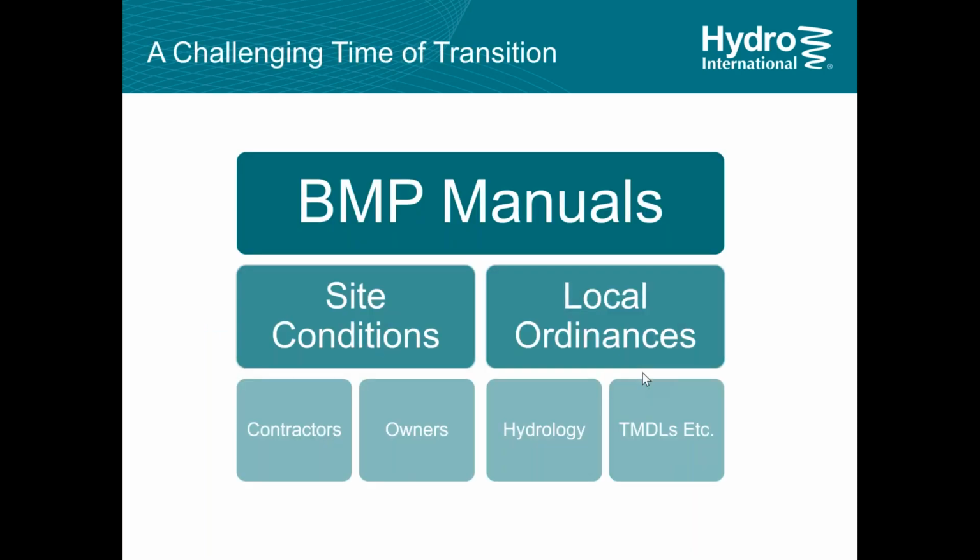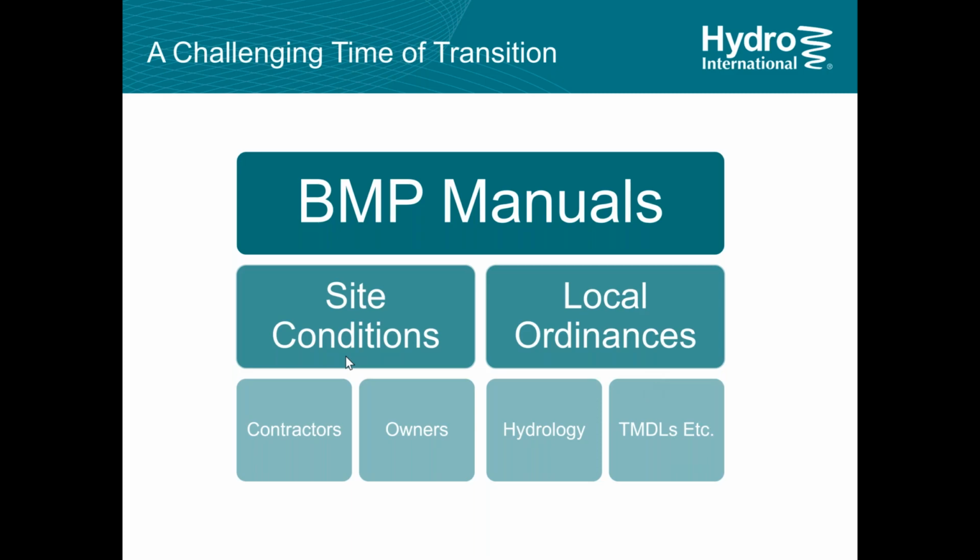You know, this is a real funny time of transition for stormwater designers. You've got these BMP manuals at the top, all starting all the way at the EPA level, mandating infiltration as the first option for stormwater treatment. And that goes down from the EPA to the states to the counties. But then once you get to the ground level of the site, you have to square those mandates